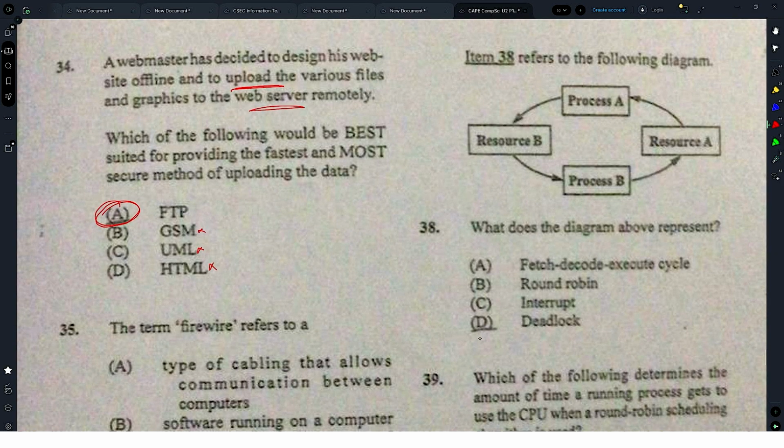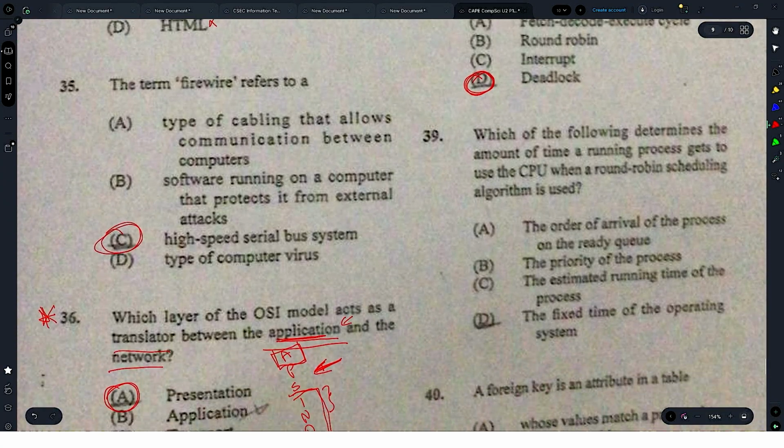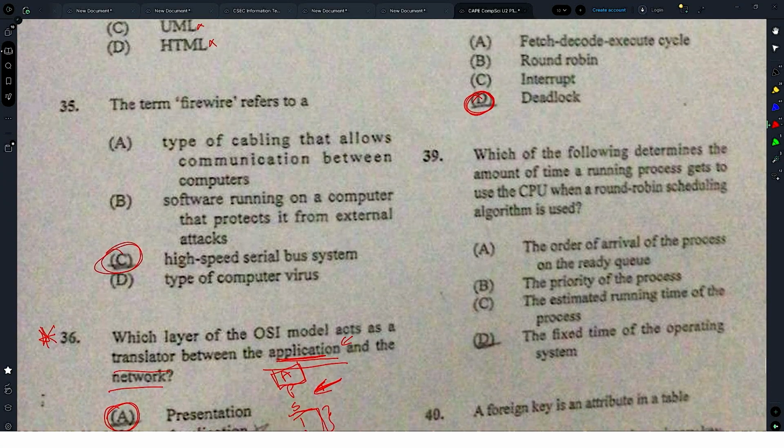What does the diagram above represent? That's a deadlock for sure. Deadlock. Which of the following determines the amount of time a running process gets to use the CPU when a run is a fixed time? The order of arrival, no. Priority of the process, no. Estimated running time, nope. Now this question has me rethinking the previous one, which is, do you know the estimated time of